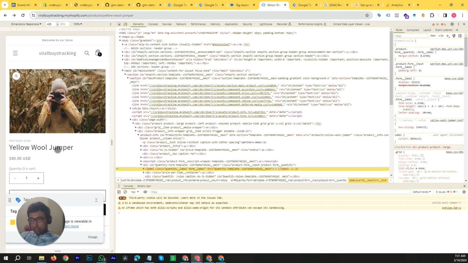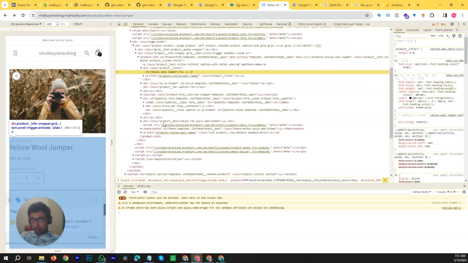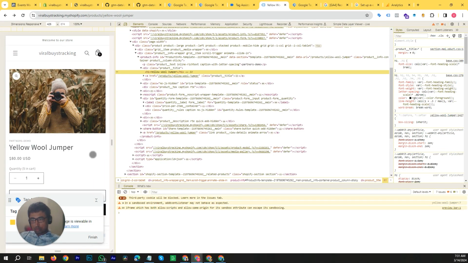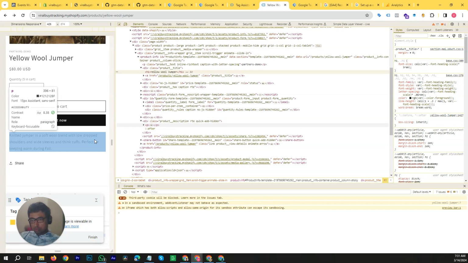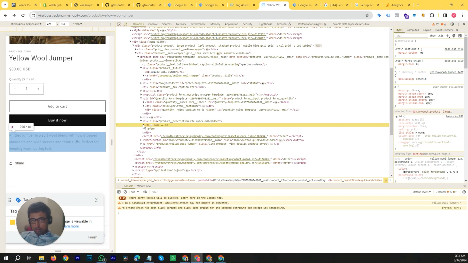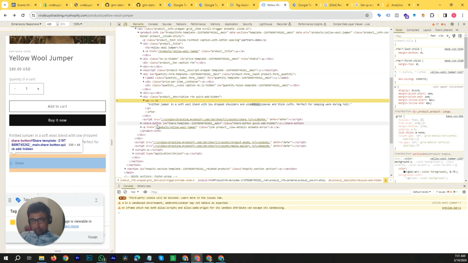Let's say this yellow wool jumper, this portion of the element, or maybe $80 quantity, this text. We want to click on this text so we can have the